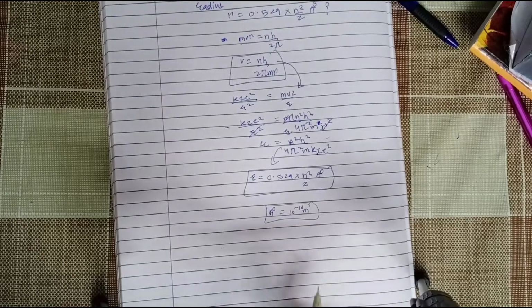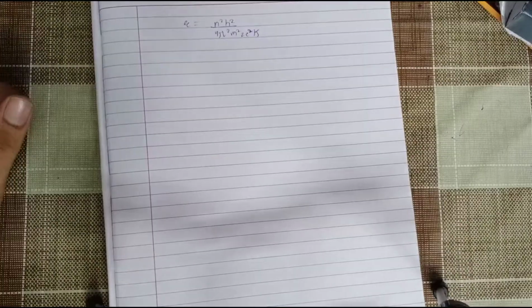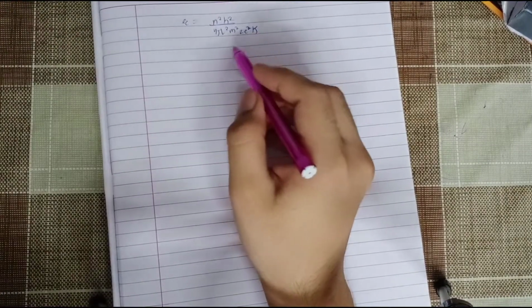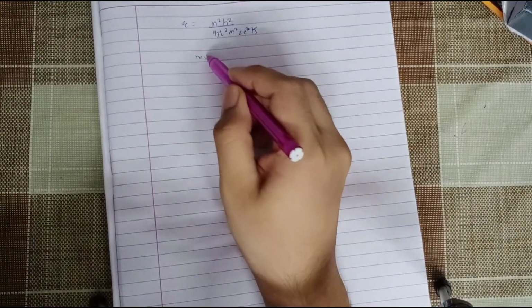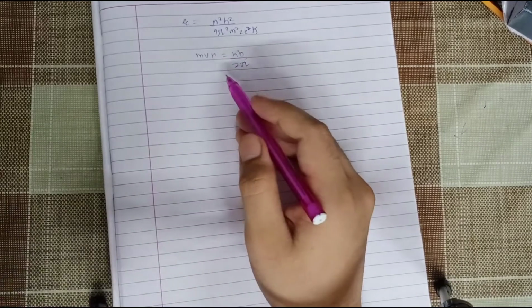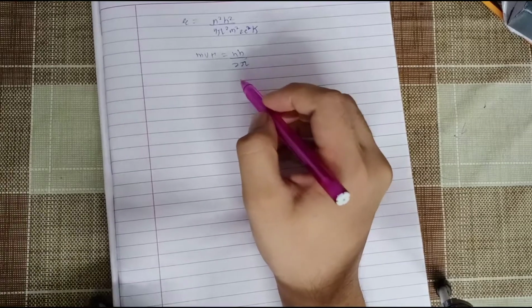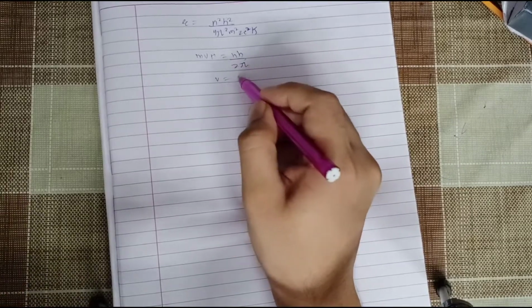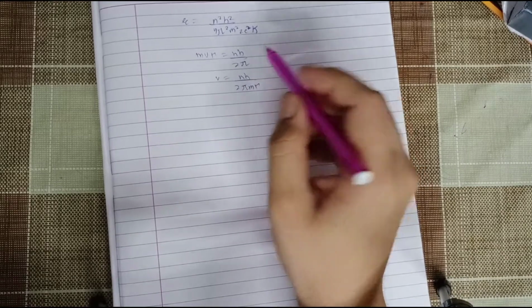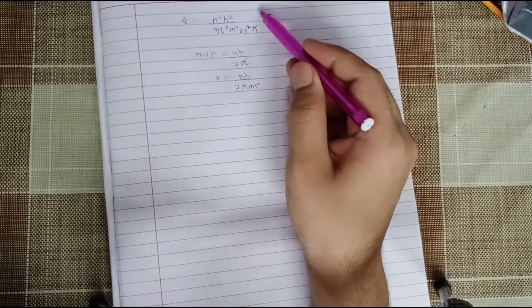So now let us move on to the velocity. Guys, now we have derived this expression. Once again, mvr equals nh upon 2 pi. Now in this equation, can we find the value of v? Yes, v is nh upon 2 pi mr. So we have derived this expression